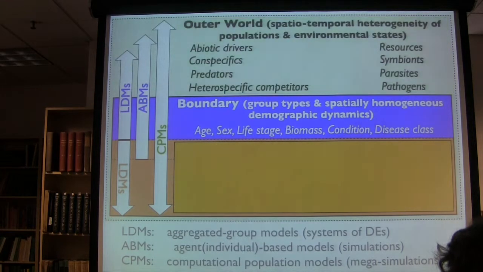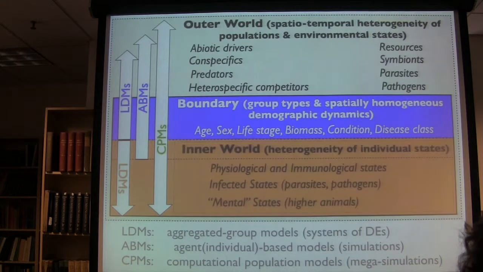Then we can go to the outer world where we consider abiotic drivers, conspecifics, predators, and so on. One of the things that I'm very interested in is pathogens and diseases, and it's becoming more and more evident that this is very important.